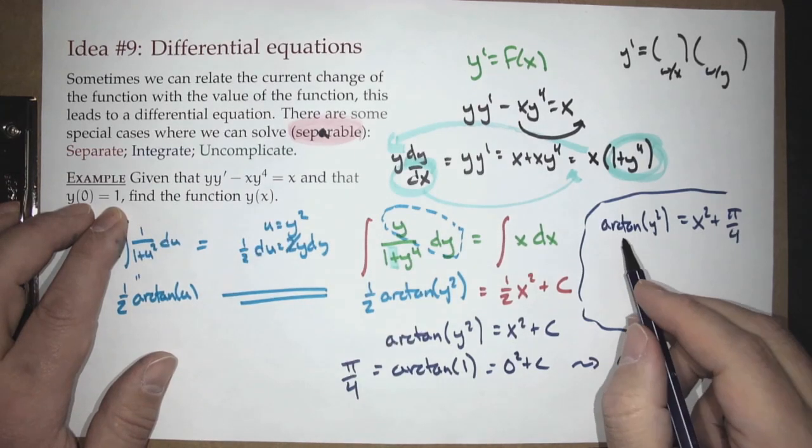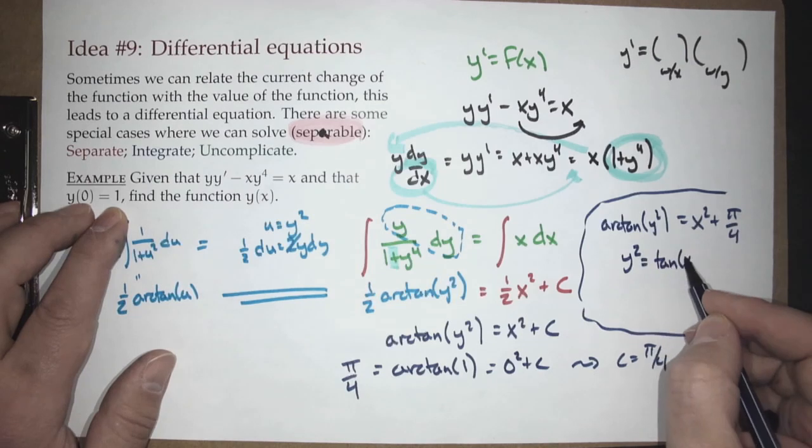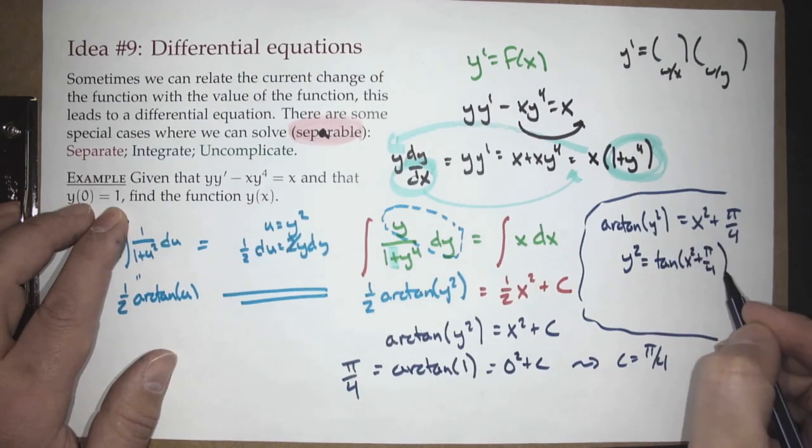Take the tangent of both sides. Tangent and arctangent undo each other. So y squared equals tangent of x squared plus pi over 4. And now,